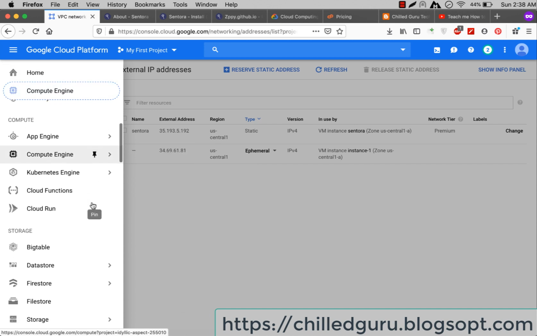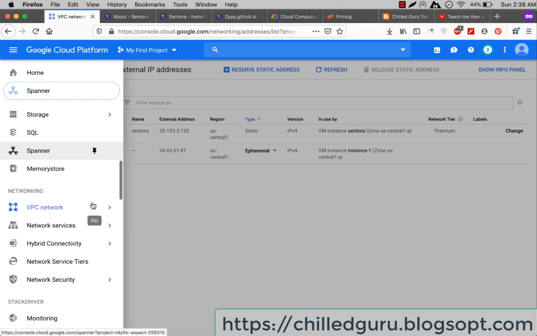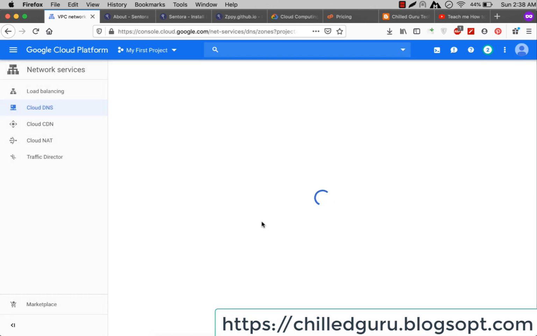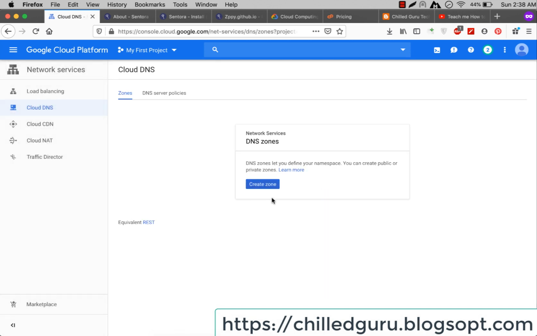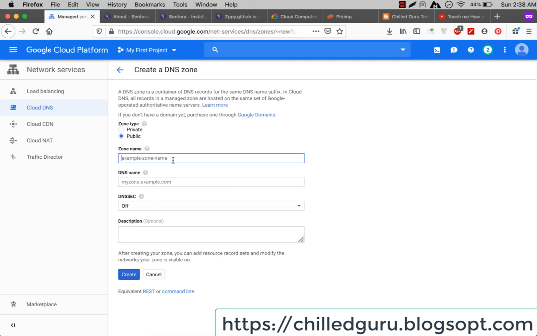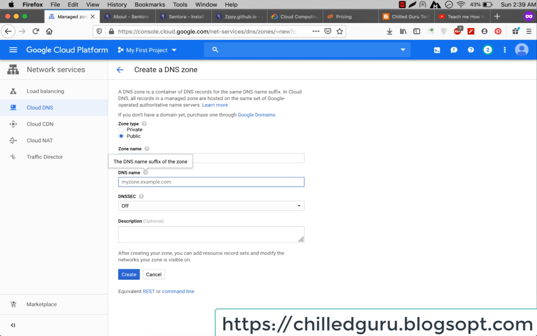set up a DNS. If you want to set up a DNS service for hosting and setting up your domain name, you need to create a zone, and you need to make it public. Like if my site is chillguru.com, just name it, and